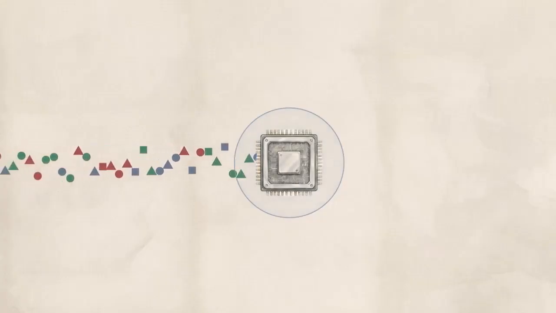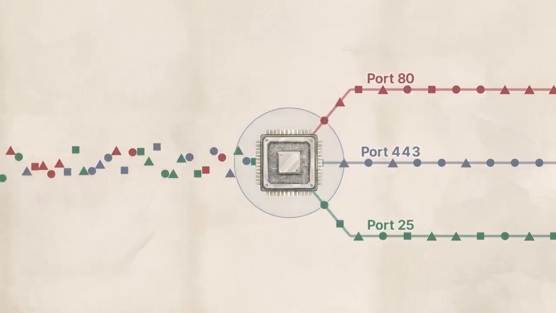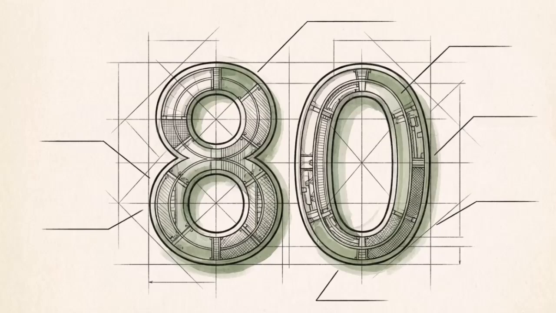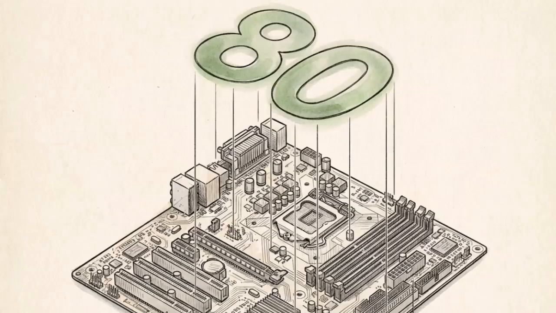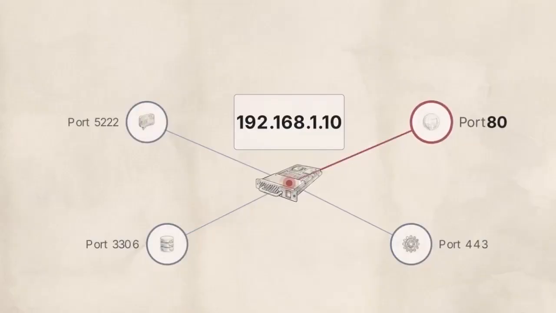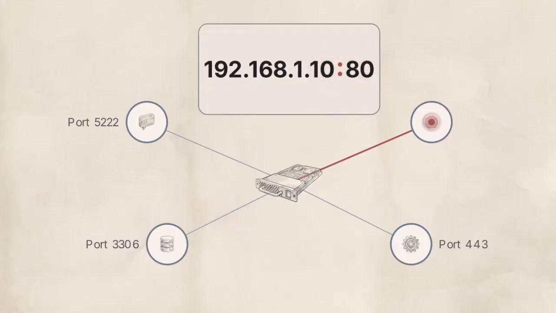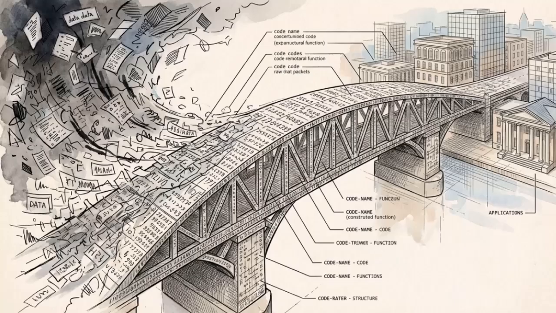To manage this traffic, the operating system employs a software port to act as a logical sorting mechanism. This port exists strictly as a numerical identifier within the system software, functioning independently of the physical circuitry or hardware ports. The IP address identifies the machine, while the port number identifies the specific service running on it. Combining these two values, the IP address, a colon, and the port number, creates a precise destination coordinate for every piece of data. These ports form the architectural bridge that allows the operating system to map raw network traffic to